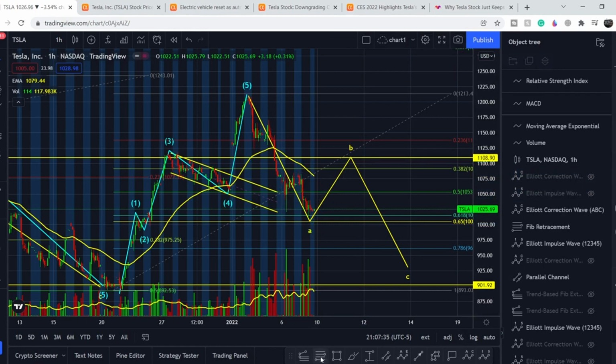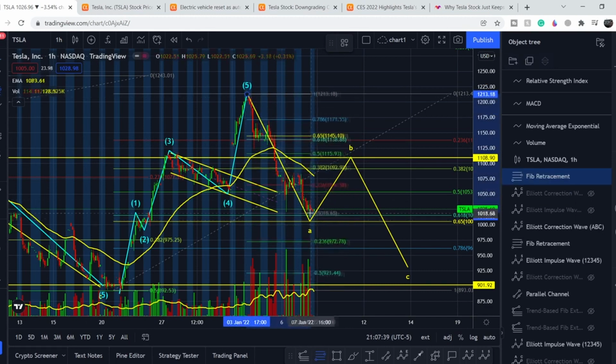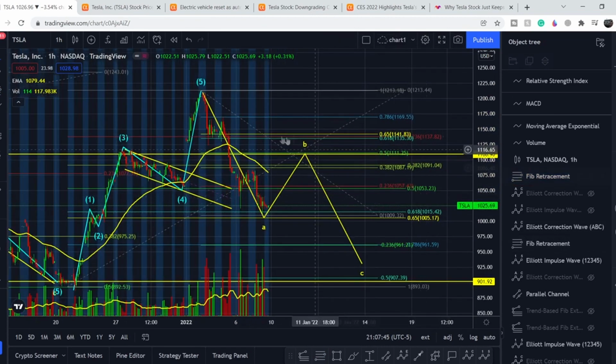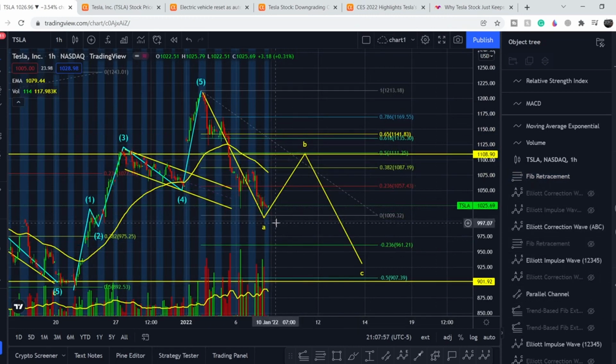To project this range, we have to pull the Fibonacci retracement tool from this top to this bottom. Let me show you that we have several levels. I don't need this range as well. As you can see, from this point we have the highest chances of a trend reversal, but our targets might be at these ranges as well, and we might hit